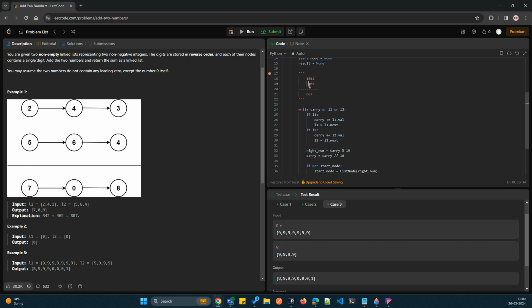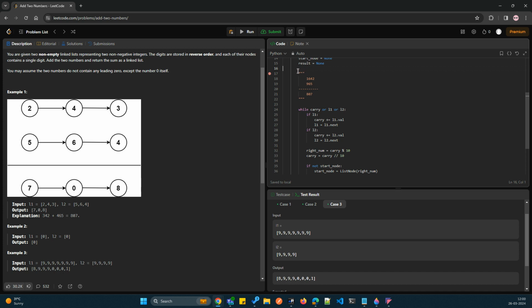Let's say that 6 plus 4 is 10, correct? Okay, one second, let me do it this way. Let's consider 9. For the time being, ignore these numbers. What I'm doing is 1 plus 9, which is 10, 0 here. There is no L1 now, the carry is left, like the extra number is 1 here, and there